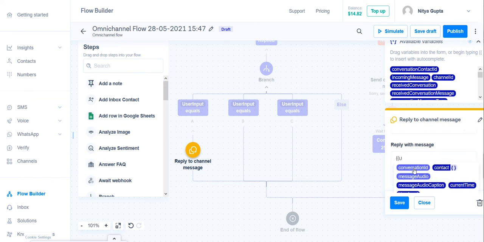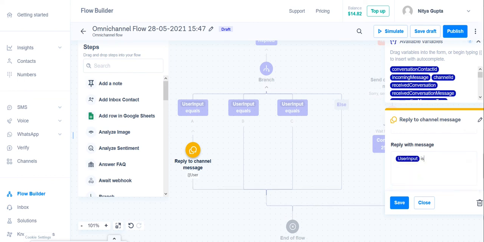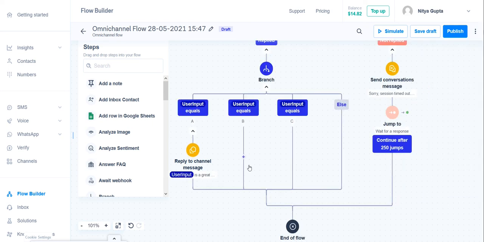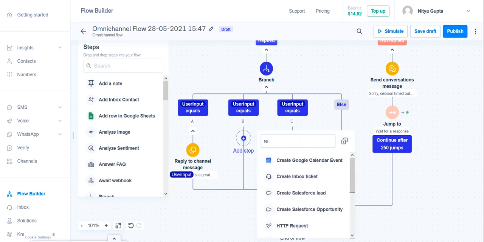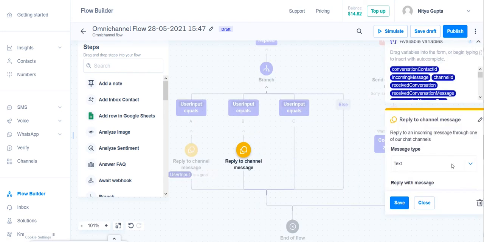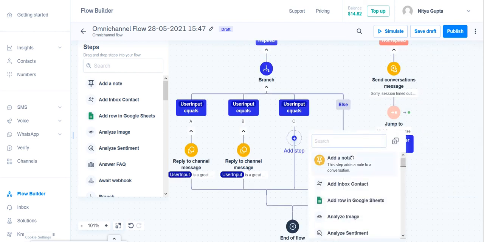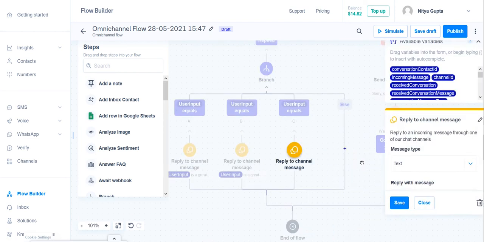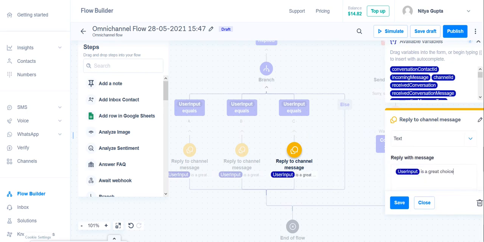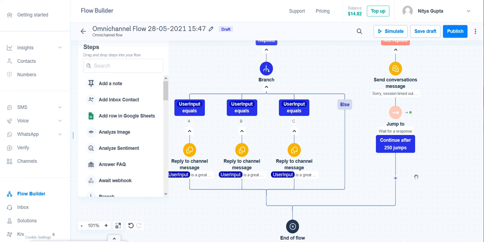Repeat the same for the other nodes. All set. Let's save and simulate to see the output.